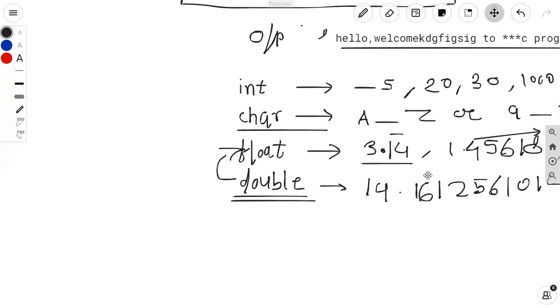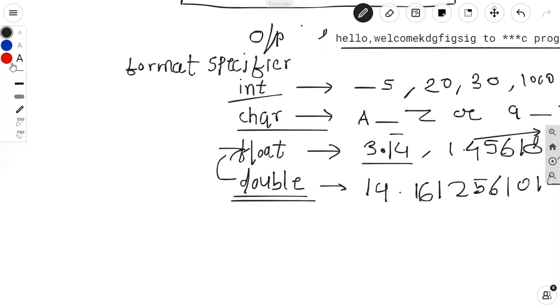Now suppose I want to display the integer value on the screen, then you have to use a format specifier to display the value of numbers. Okay, so format specifiers, there are various format specifiers.